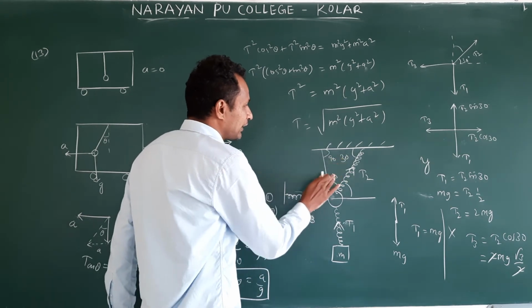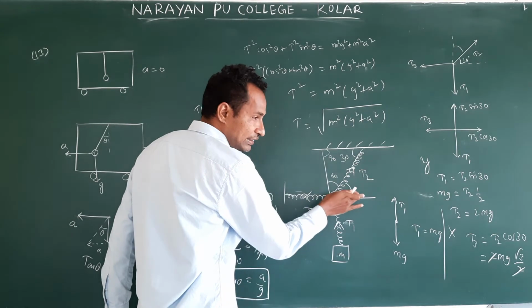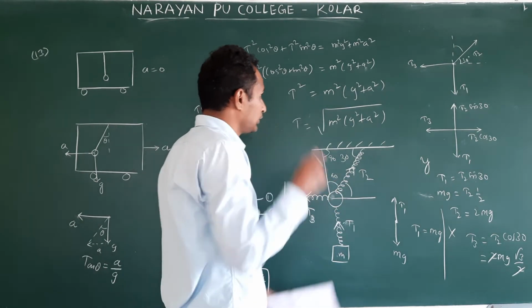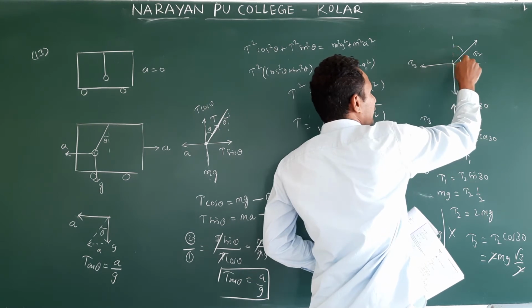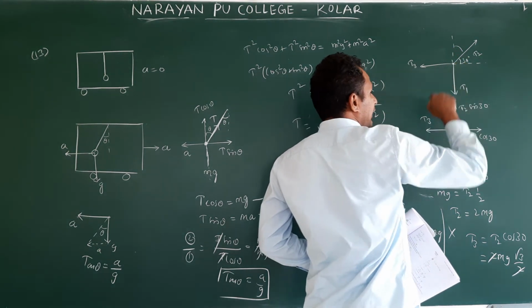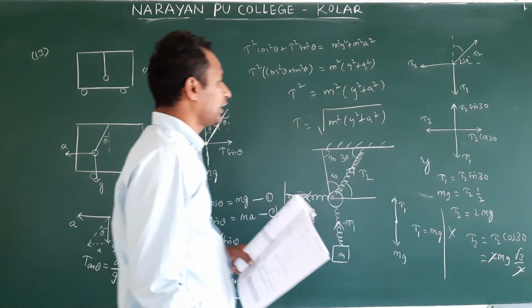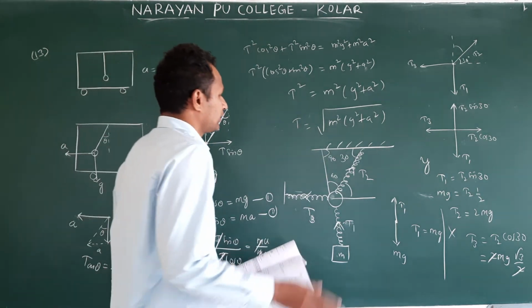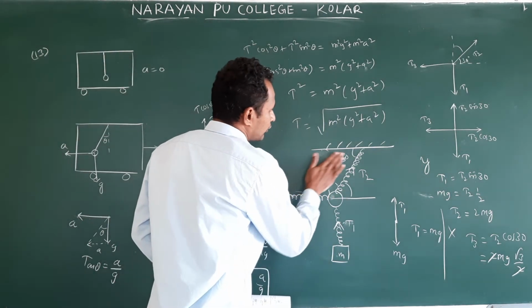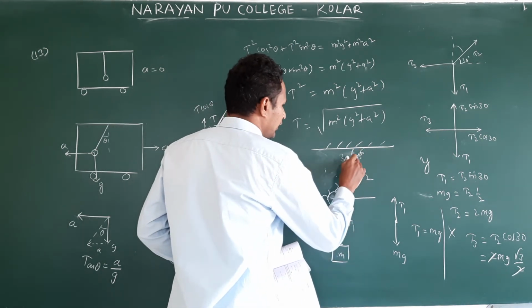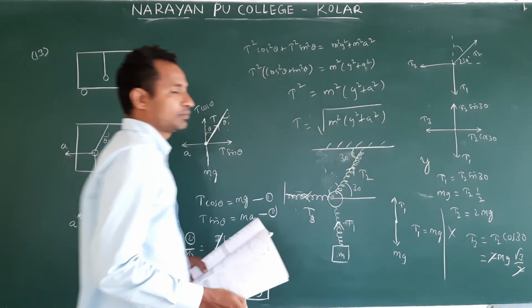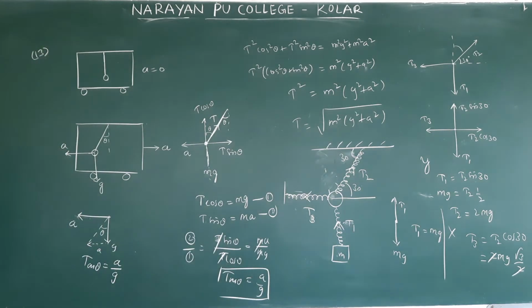If you want to take 30, this 30 is making an angle with the x-axis, not with the y-axis. But in this book, they give the angle here as 30 degree. They take the vertical instead of the horizontal axis. That's why they got different answers. But what we have done is correct. What we have done is, this is 30 degree and this will be 30 degree. Okay, we'll see the next problem.